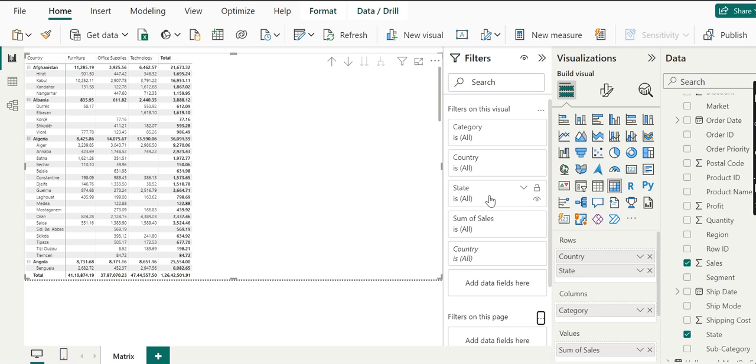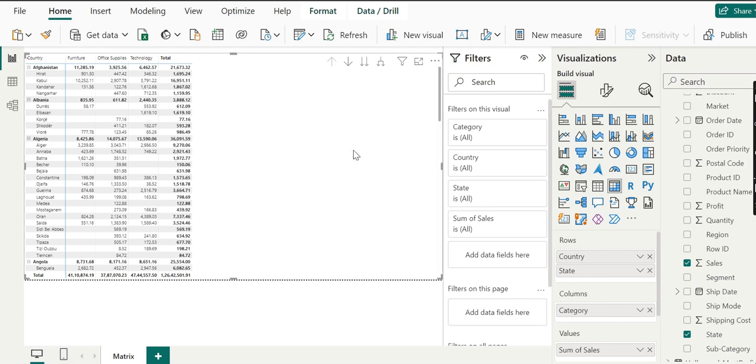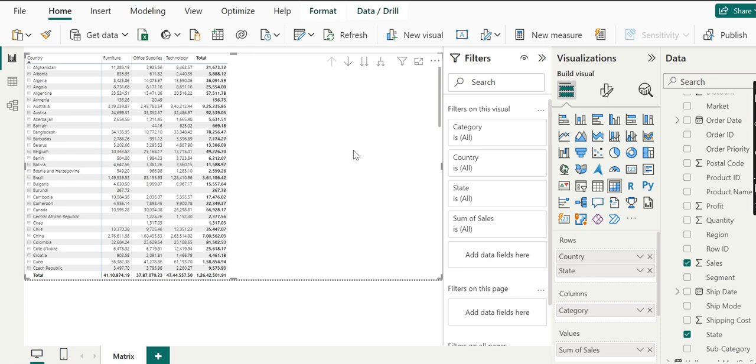Now we click here on drill up in the blank space. As we drill up, you can see the filter for countries disappeared, and there is a change here also. So this is a good sense of how we can drill up and drill down, and how this is connected with the filters, and we can change filters by matrix and matrix by filters.